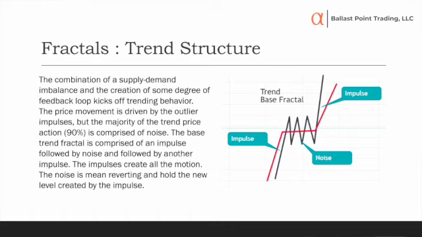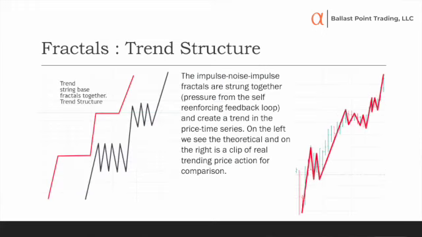Now, if we have a self-reinforcing feedback loop, what will happen is those fractals get combined together, and we start forming the structure. So anytime you see somebody draw a trend, they'll draw a zigzag line. It'll be impulse, correction, impulse, correction, impulse, correction. Well, it's because of the way the data is playing out with the spikes, right? Where we get surge, an outsized data point, say to the upside, noise, upside move, noise, impulsive move. Take those 2 base fractals, click them together, and you end up with impulse, correction, impulse, correction, impulse. So it's zigzag.